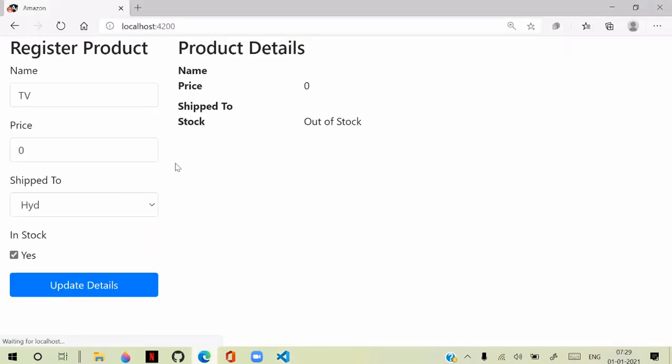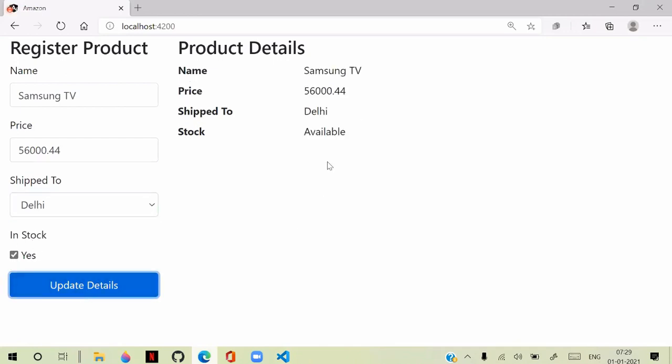Now I am adding the values, Samsung TV, defining the price and shipped to and in stock. I click on update details and those details will update here.